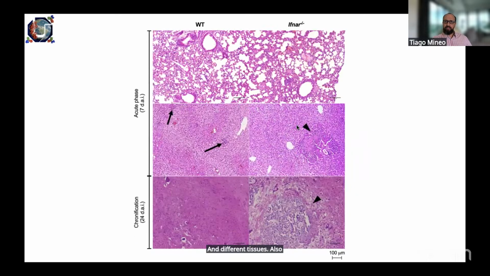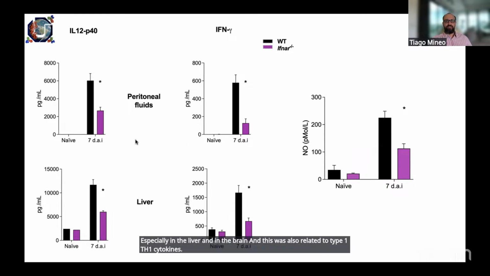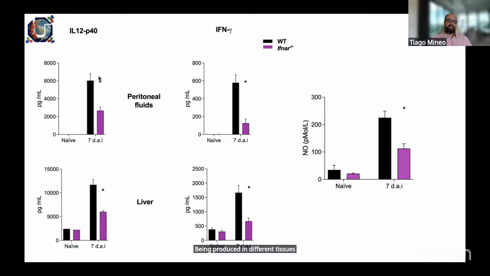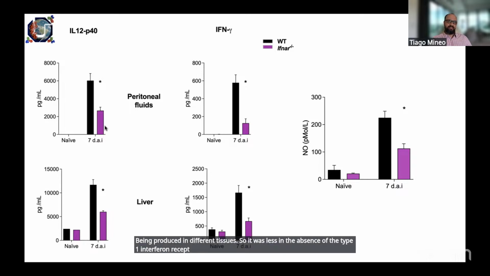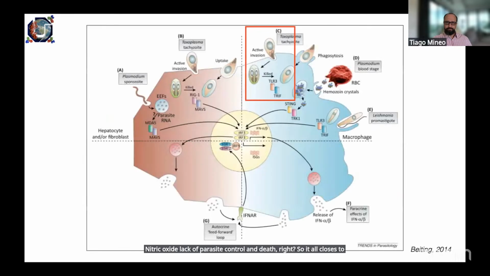Regarding inflammatory lesions, we saw necrosis, especially in the liver and in the brain. This was also related to type 1 Th1 cytokines being produced in different tissues. So it was less in the absence of the type 1 interferon receptor. We would have less IL-12 and less interferon gamma in different sites of infection. And that would lead, as also expected, to reduction of nitric oxide, lack of parasite control, and death. So it all closes to where we expected. But